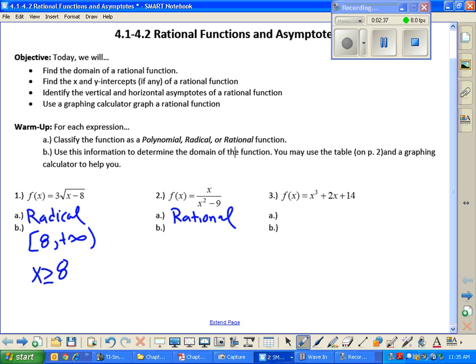The root word for rational is ratio. Ratio is fancy talk for fraction. So it looks like a big fraction, right? Poof, rational. Makes sense? Okay, did you have any luck with the domain? No. Okay, so I'll grab a new person. And it goes to